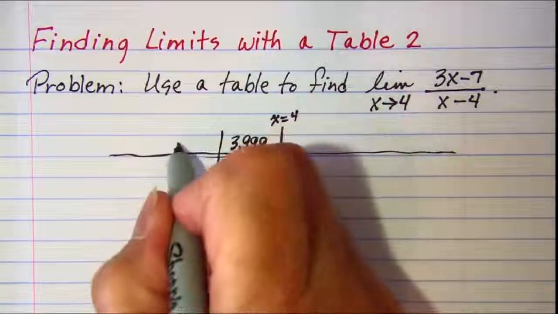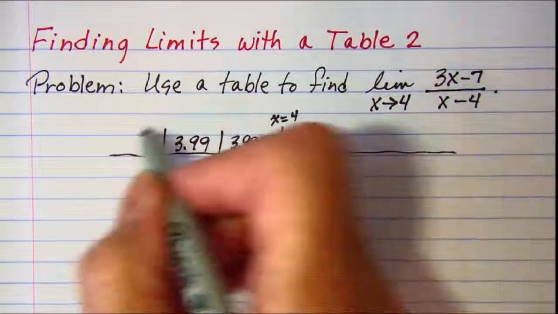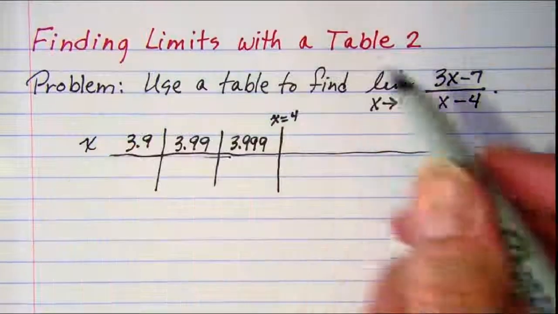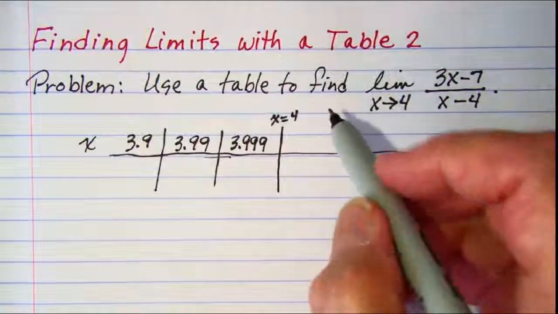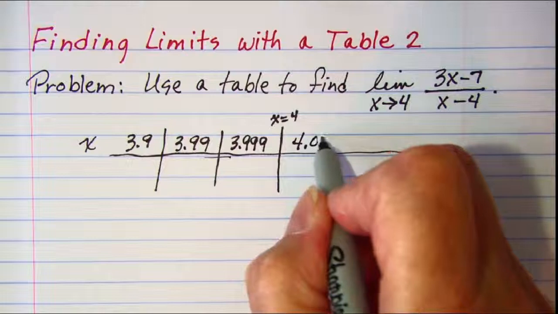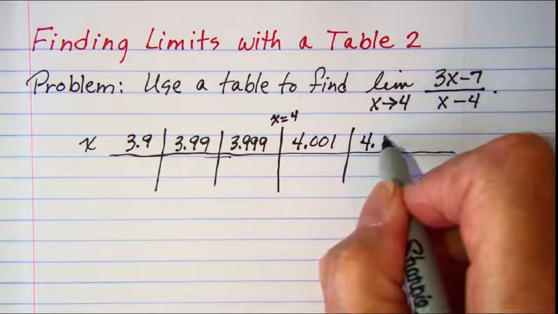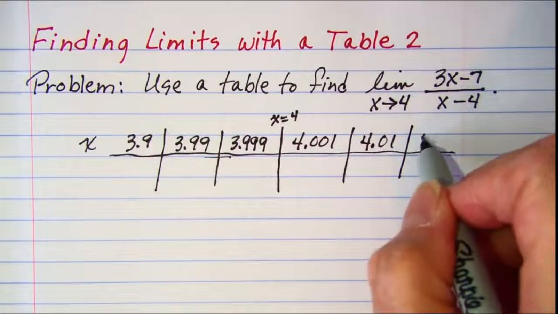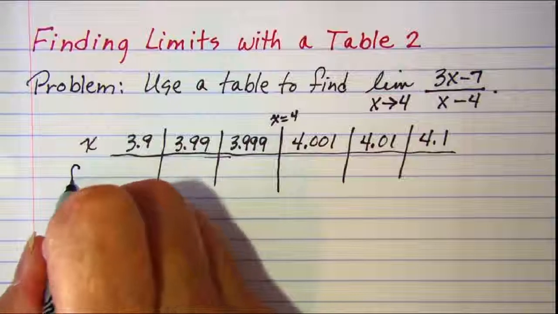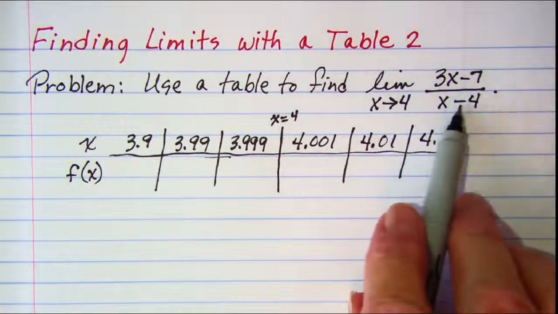And then I'll use 3.99 and 3.9. These are values for x that I'll be subbing in. And then larger than 4, we'll put in 4.001 and 4.01 and 4.1. And then we'll be calculating the value for f of x, which is this expression once we